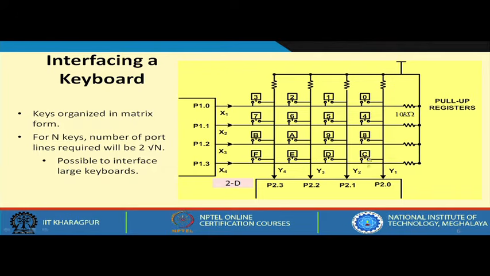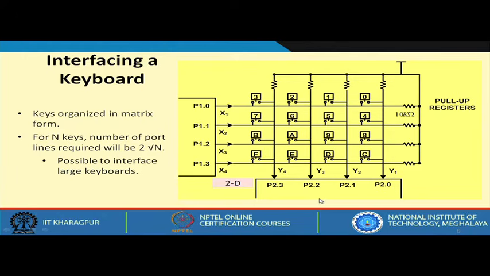Now, suppose none of the keys are pressed. So, the column lines will all be connected to the plus voltage, so they will get 1 1 1 1. Now, suppose this key A is pressed. So, this row and this column will get connected. This was 0, this 0 will propagate and this bit will be 0. So, if I read and see that this is not 1 1 1 1, which means at least one of the keys has been pressed.